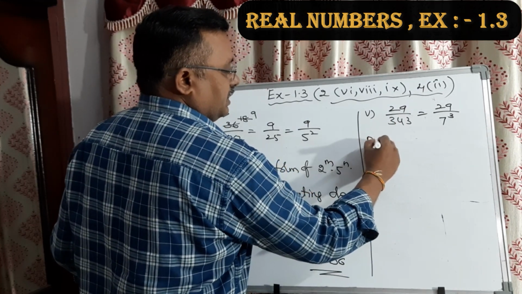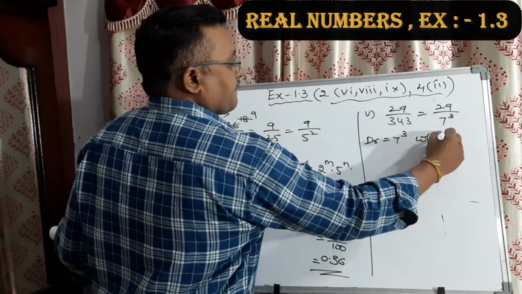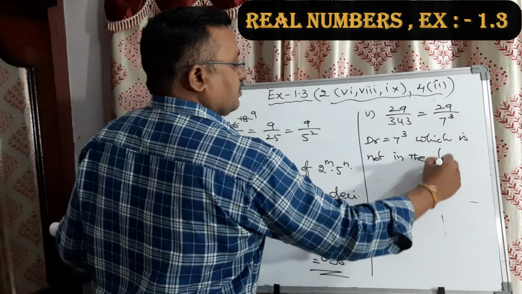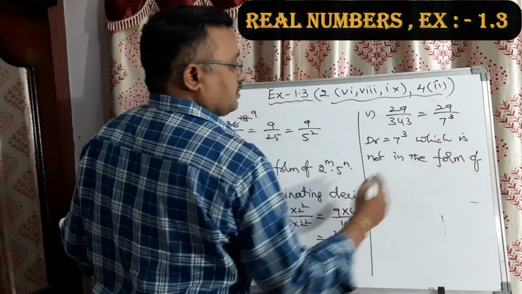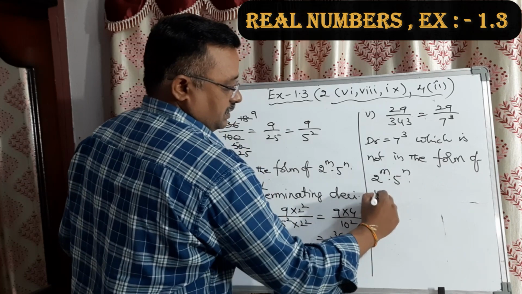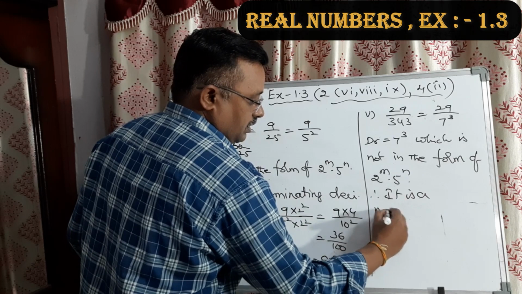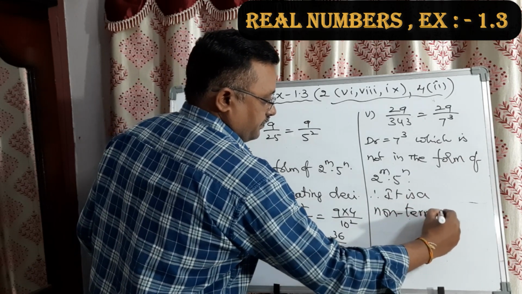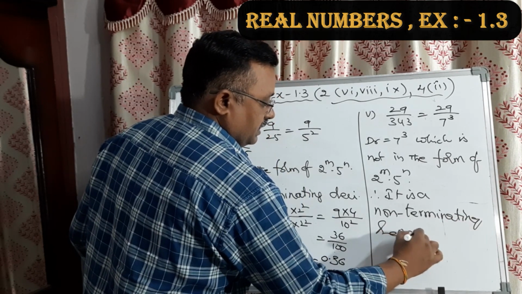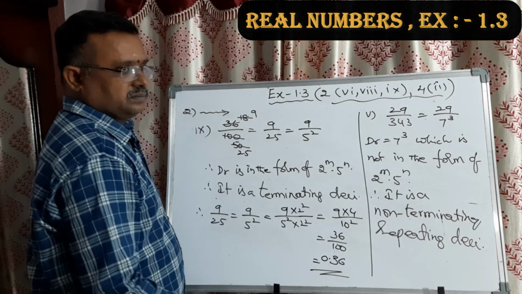So the denominator is equal to 7 cube, which is not in the form of 2 power m into 5 power n. Therefore, it is a non-terminating repeating decimal, like this. In the exam,